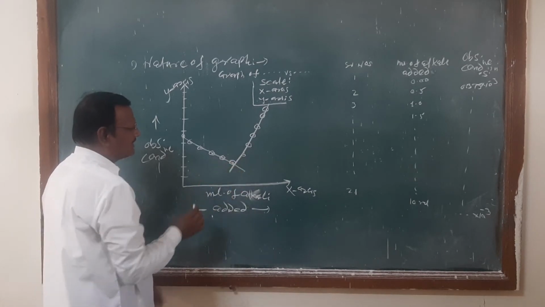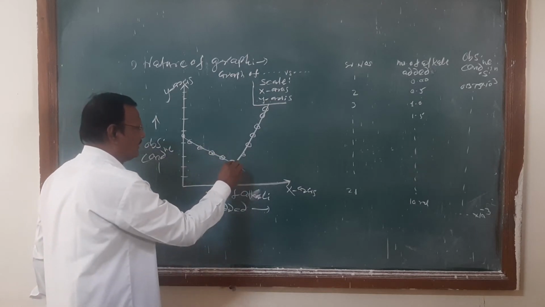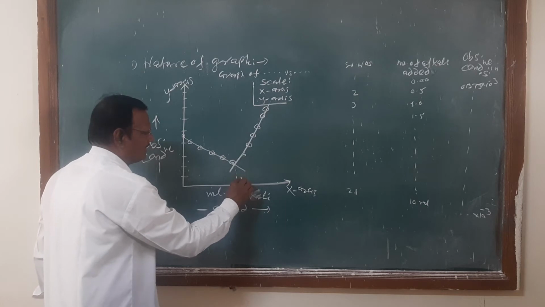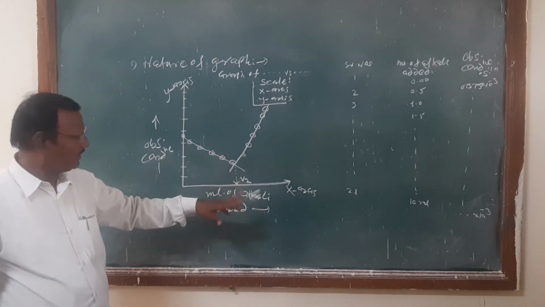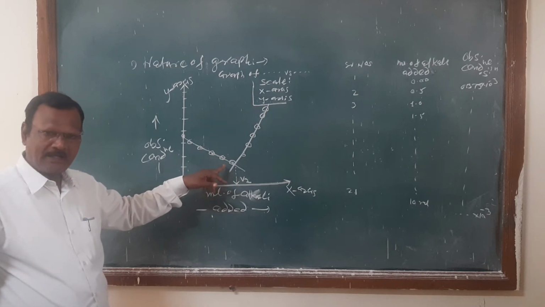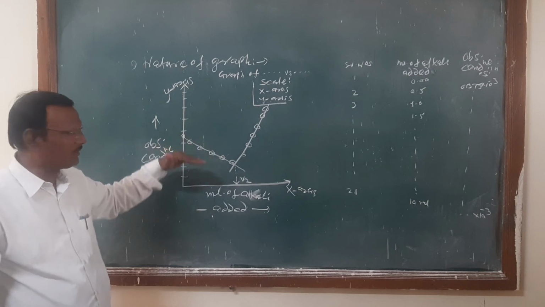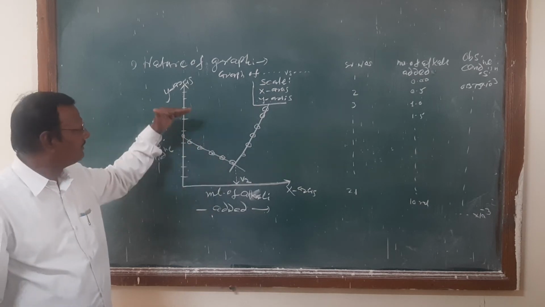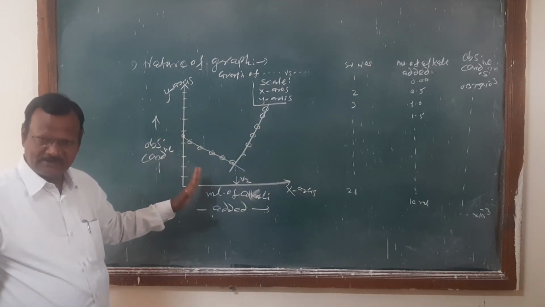Here, the crossing of these two lines is the point we have to consider, that is x, or we can call it the P2 ml of alkali added, which indicates the end point of this titration, isn't it? This is the particular nature of the graph, and we just have to represent it in our observation table. The nature of the graph is as it is.